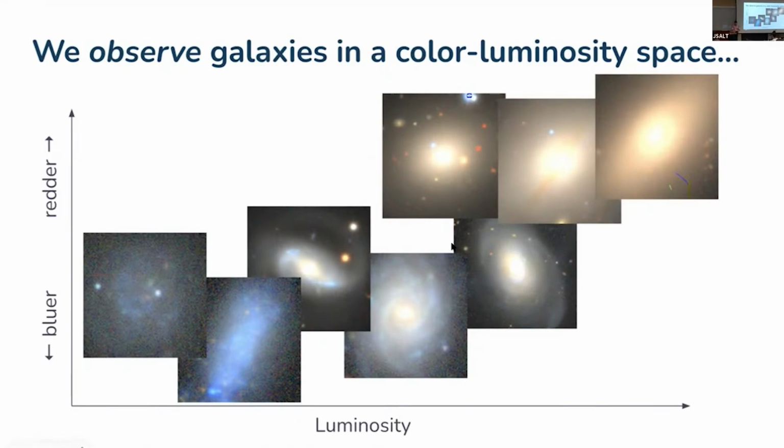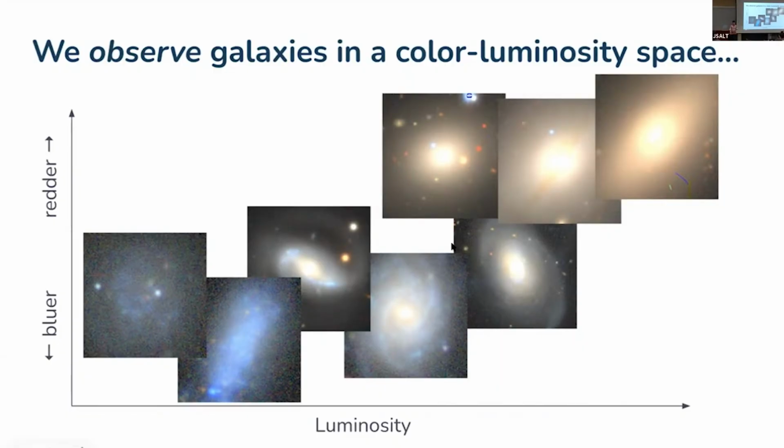Now, for that reason, I think the way that we do statistics is also a little distinct. And I'm going to say a little bit more about that in the second part of this lecture. But one of the things I want to highlight is that we often have an observed parameter space and we often have a physical parameter space. So in this case, for the observed parameter space, I'm grabbing a bunch of galaxy image cutouts and arranging them by their luminosity, basically how bright they are, right? How much integrated light they have over all the pixels here. And then also whether they're bluer or redder. Again, this is very similar to the plot that I just showed, the HR diagram, which is the same thing, luminosity versus color.